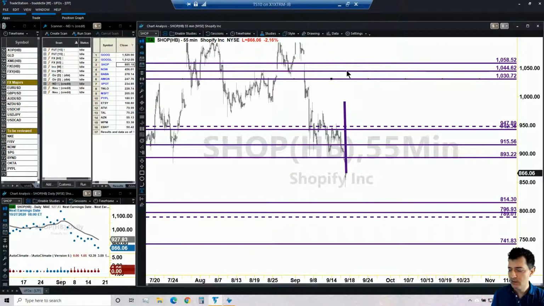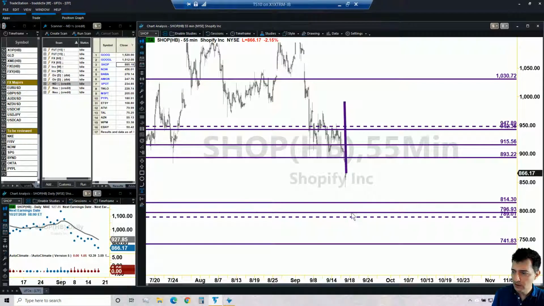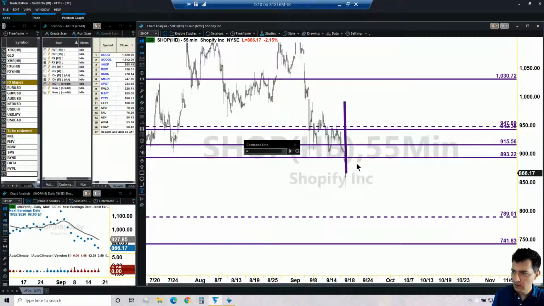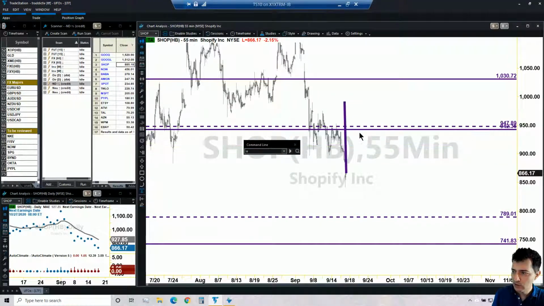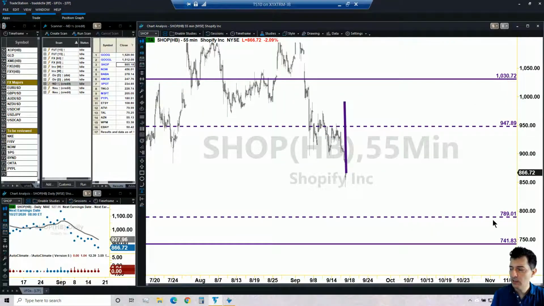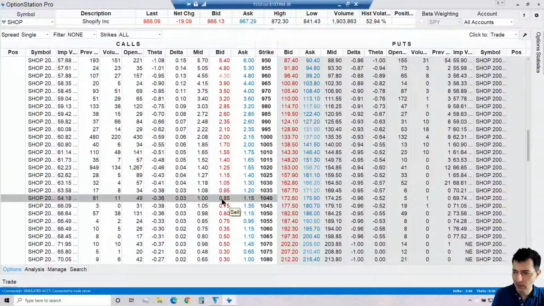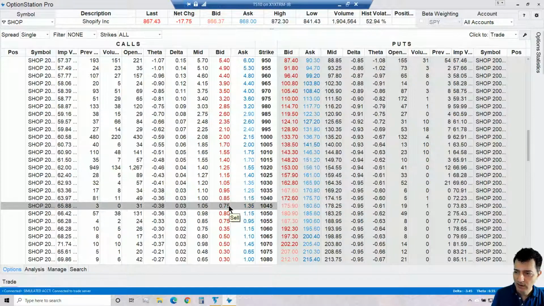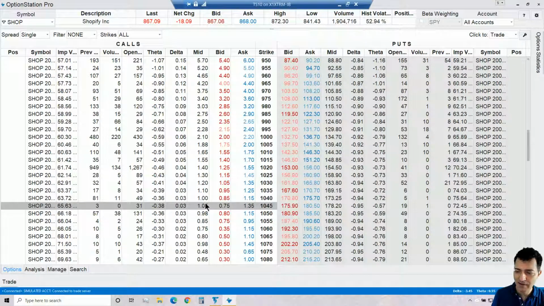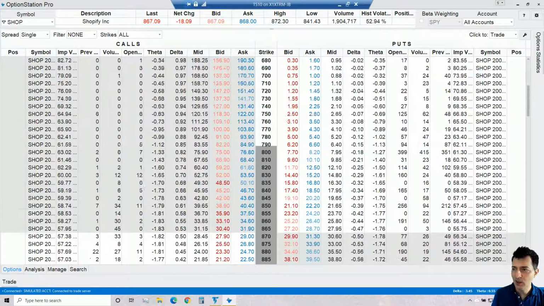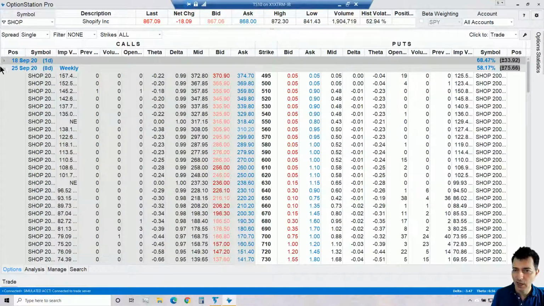Okay, so in other words, the best I can do here with Shopify, if I use that expiration date, would be to rely on a range, as you can see, from 1030 to 741. Again, my concern is that I may get paid extremely little for 1040, which is $1, and the problem is that now I'm having lack of liquidity, 75 to 135, and it's having me pay 105. So we have a problem here with liquidity now.